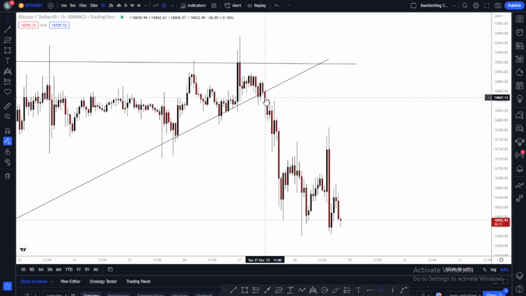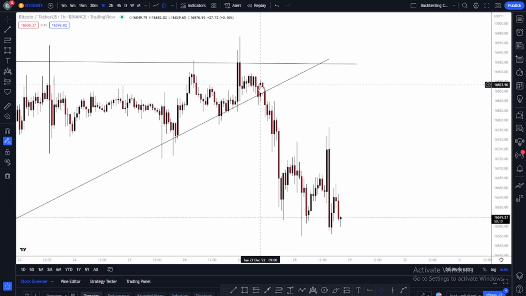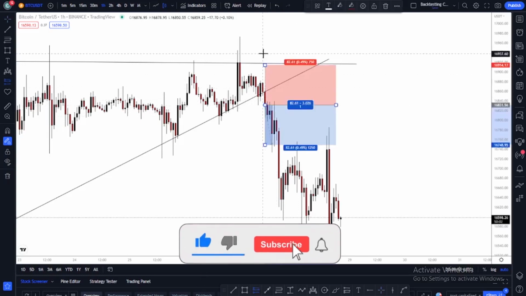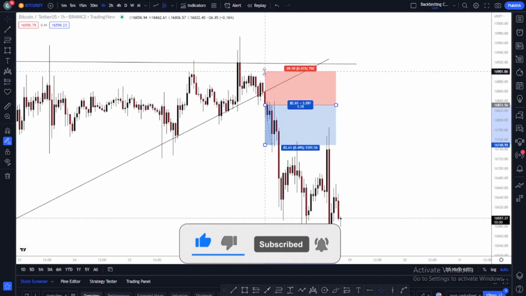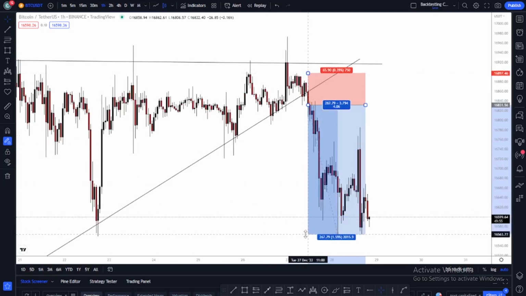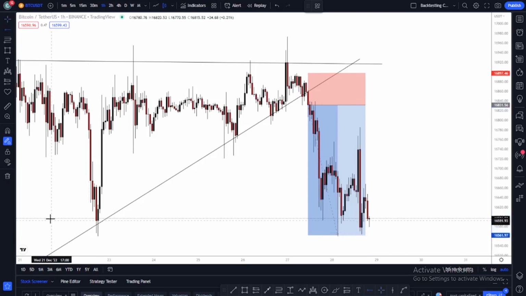Why? Because this second bearish candlestick closed below the opening of this bullish candlestick. So after the closure of this bearish candlestick, that's where I enter my trade. Place my stop loss right on top of this wick, and my first take profit to this level or this support right here. Okay, so that's why I place my first take profit, which just got smashed.